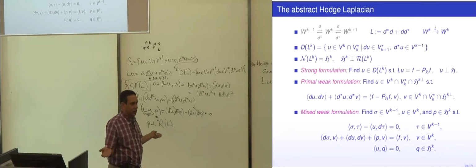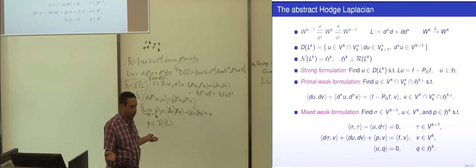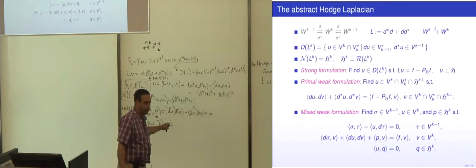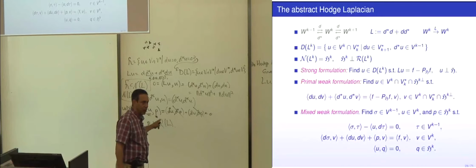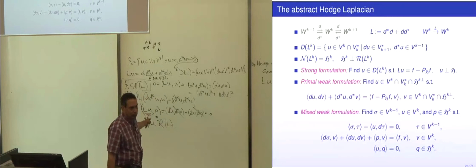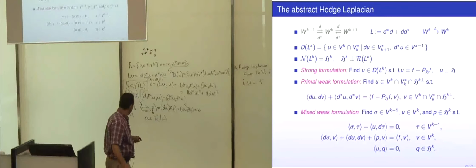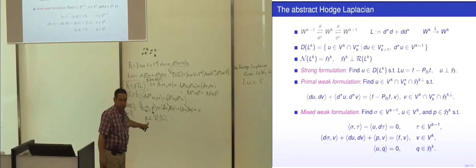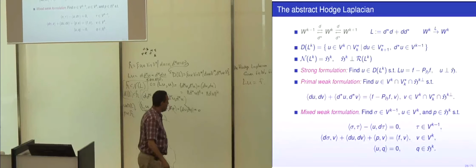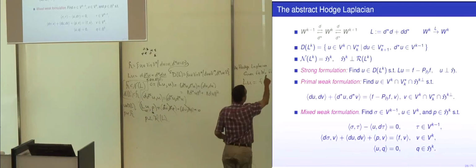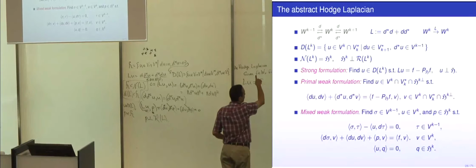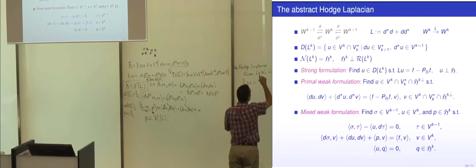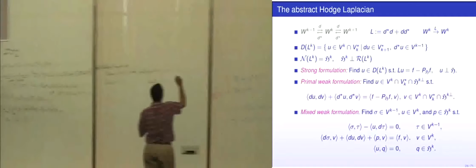Actually, this is our usual result about bounded operators, that the orthogonal complement of the range of L is the null space of L star, and L is self-adjoint. So the orthogonal complement of the range of L is the harmonic forms. So that means this is not a well-posed problem, because I can't solve this for any f in W. I can only, so if I have an f in W,